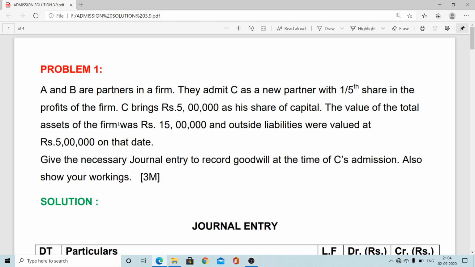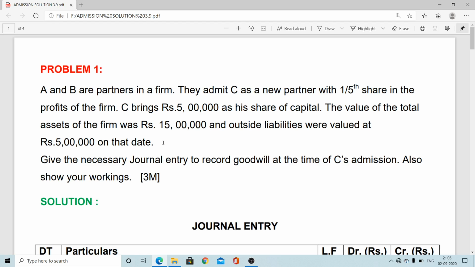Goodwill which is not directly shown, or whose value we cannot directly find out by applying different methods like average profit method, super profit method, capitalization of average profit, capitalization of super profit, due to lack of data. In these cases, generally the incoming partner's capital will be provided,